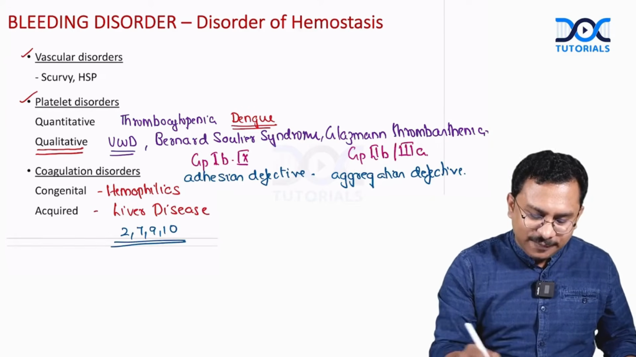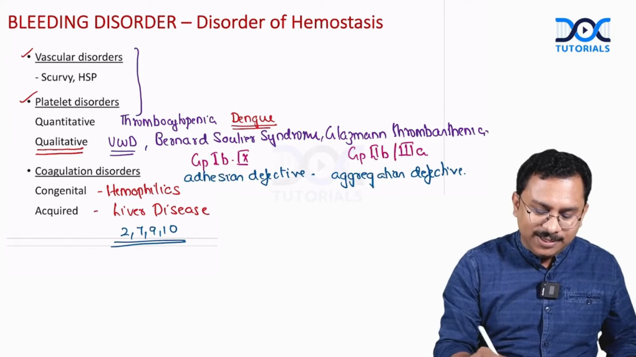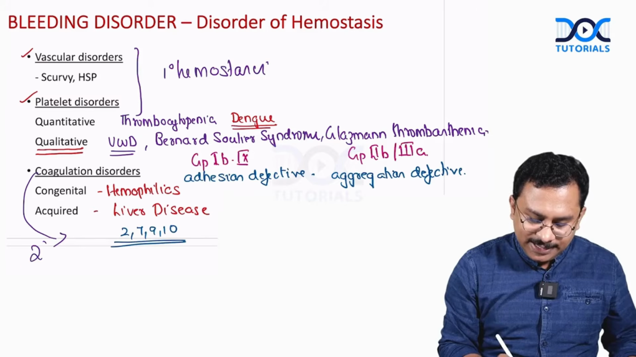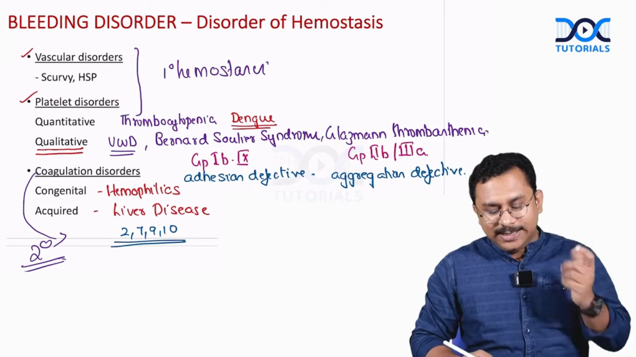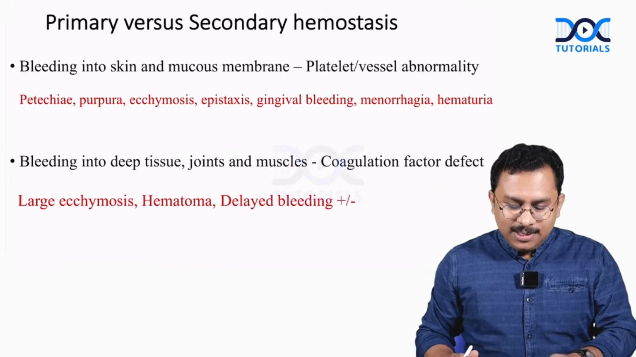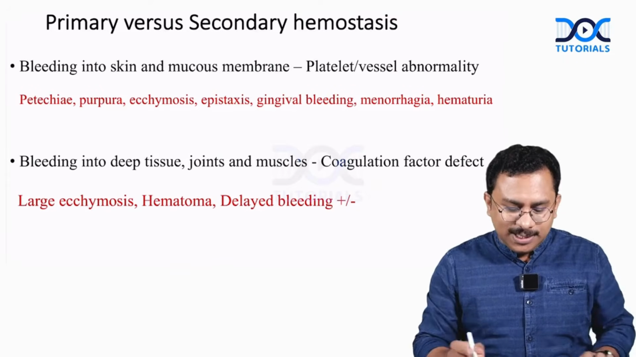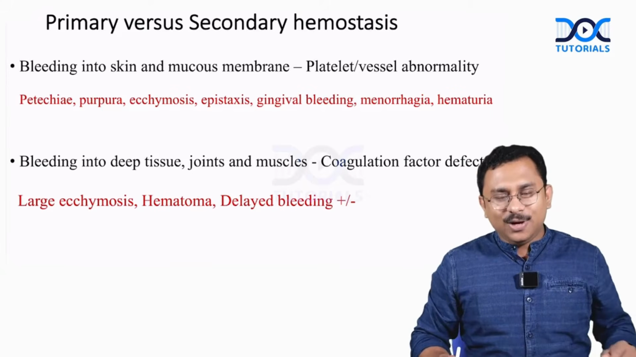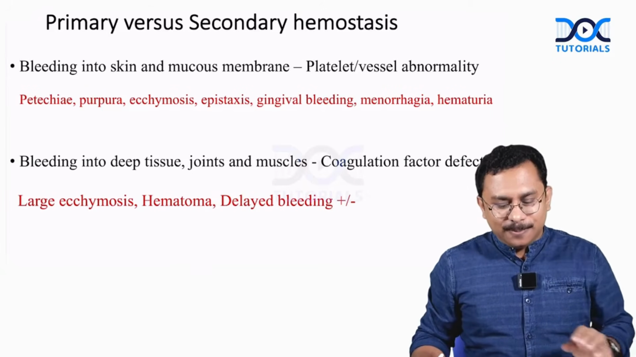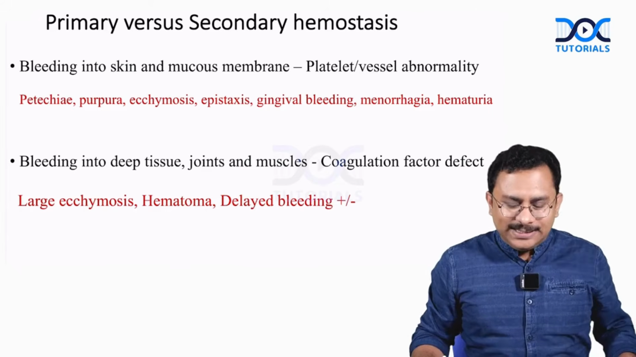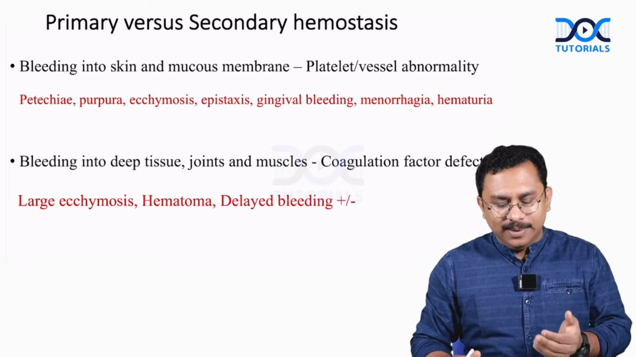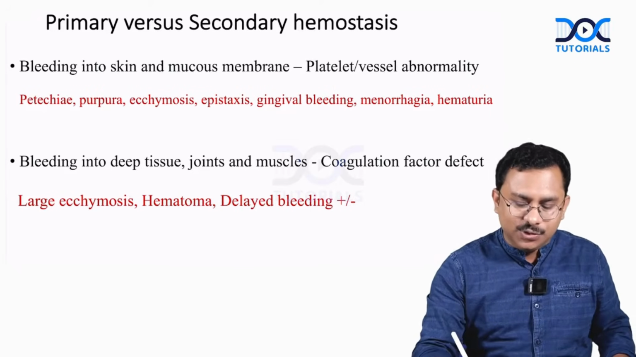So basically the first two, vascular disorders and platelet disorders, are disorders of primary hemostasis, whereas the coagulation disorders are disorders of secondary hemostasis. Primary versus secondary. Now, as I told you earlier, this module is basically on the approach to such disorders, and in questions, how do you diagnose? A couple of basic points. In platelet abnormality or a vessel wall abnormality, that is a problem with primary hemostasis, you are more likely to